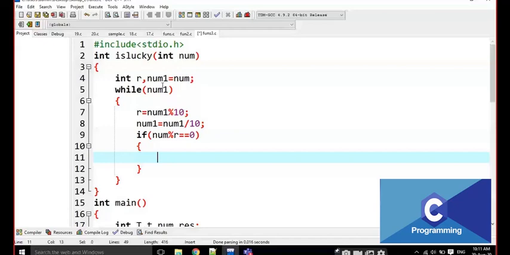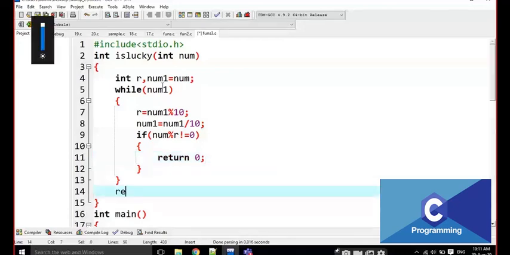Okay, just look at here. If the number is not exactly divisible by a digit, I am going to return 0 here. That means it is not lucky. If it passes all the digits, that means it is lucky.